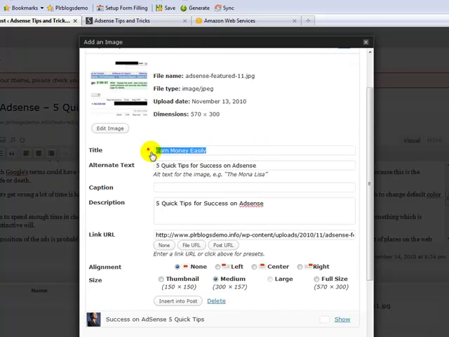You want to have your keywords in the title of your image, or you can have the keywords pertaining to your post, so that the image has keywords in the title and in the alt tag, the alternative text, as well as the description. But mainly you want to grab this link URL by double clicking it,